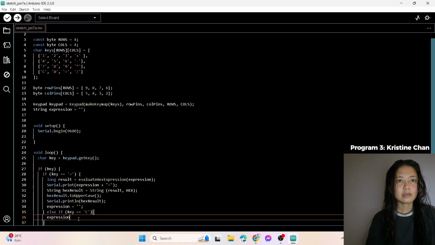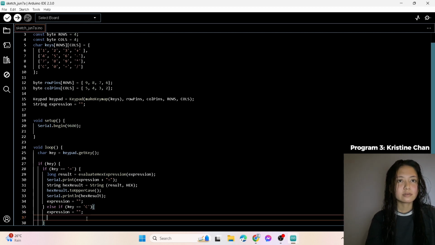Then next line, expression is equal to double quotation mark. Then next line, for clearing the buffer, let's type Serial.println and then open and close parenthesis double quotation mark